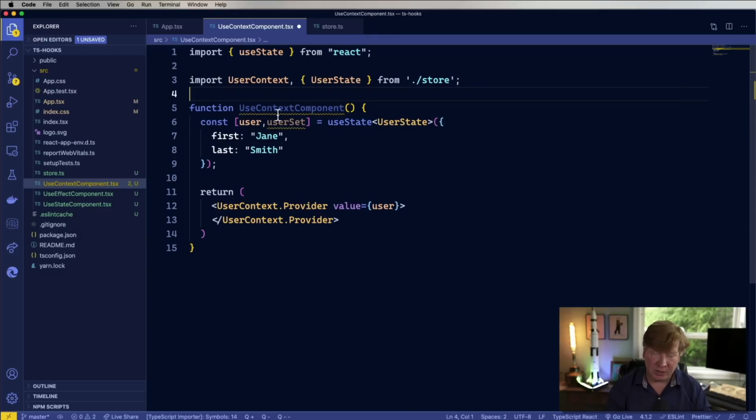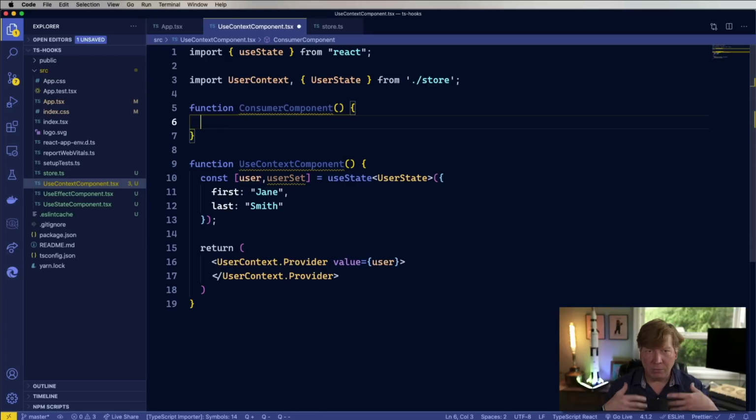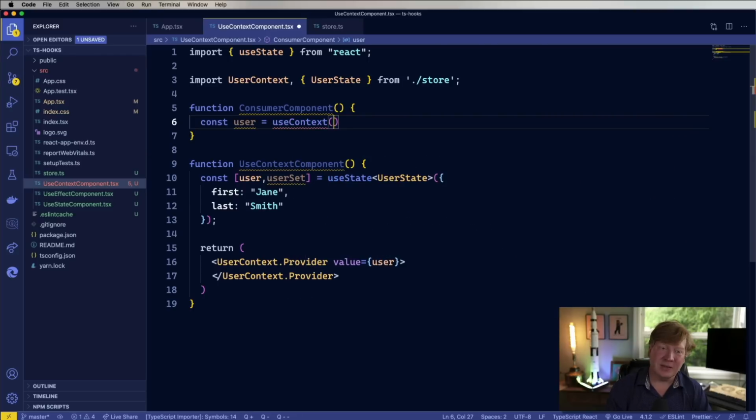So I need a subcomponent that's going to go grab this. So we'll call that ConsumerComponent. This is the component that's going to consume that context. And this is where I'm going to use useContext. Finally, after all this, we're going to finally use useContext. So I'm going to go get user from useContext, but I have to give it this UserContext so that it knows which context to get it from. Well, let's go get this from React first. useContext, pop that in there,